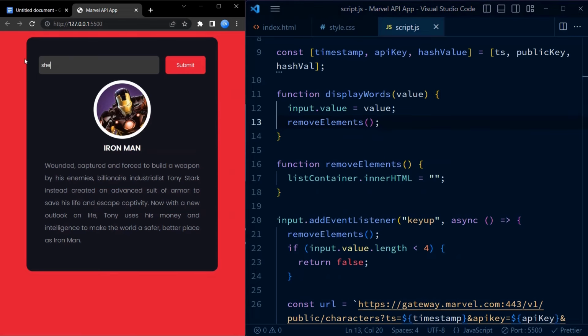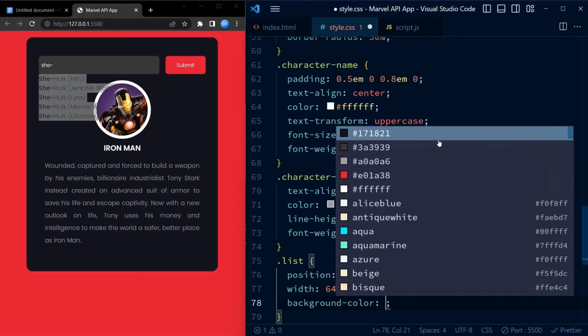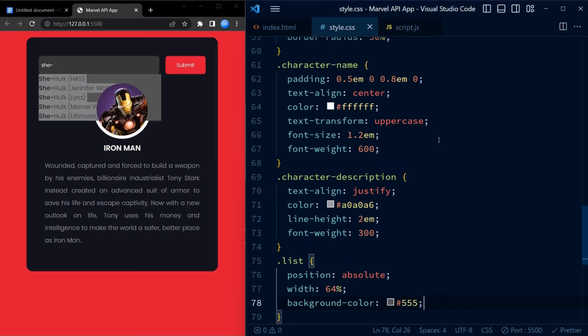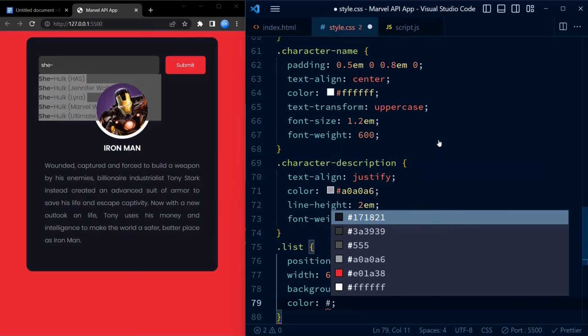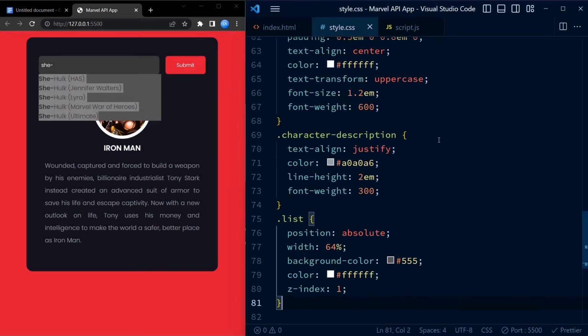Here you can see suggestions. However, these suggestions have not been styled and hence do not appear properly in the UI. The list element defines the styles for the parent container element of the autocomplete list. It sets the position to absolute, which allows it to be positioned anywhere on the page relative to its nearest